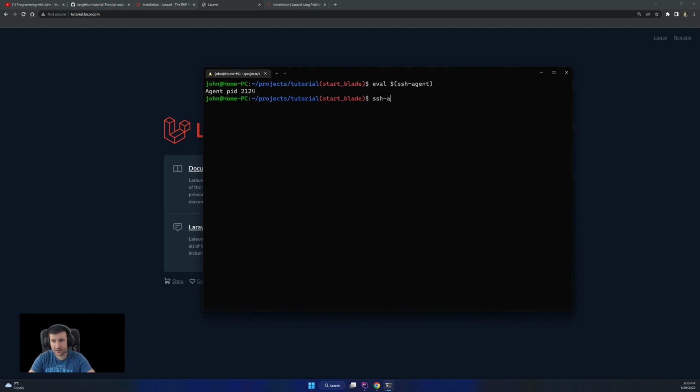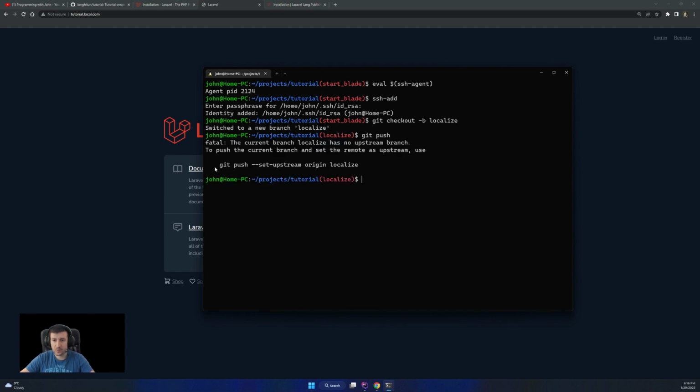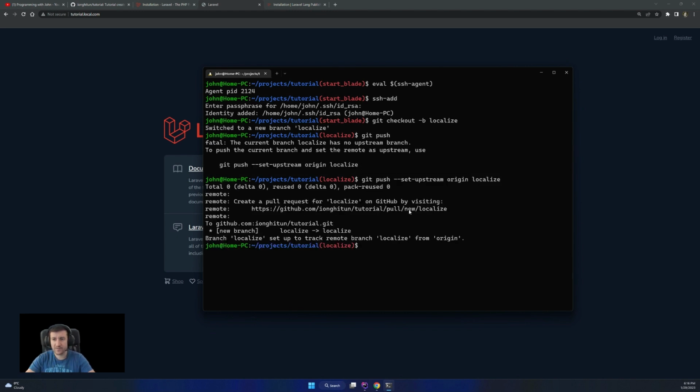I hope so. Adding the key to the agent, then create a new branch. Let's name it localize, and then pushing it to origin. So like this we have everything set up.